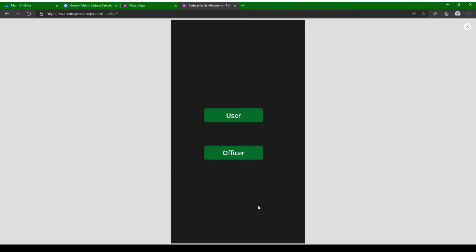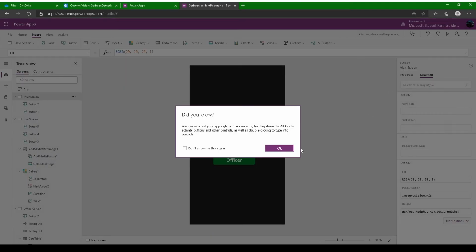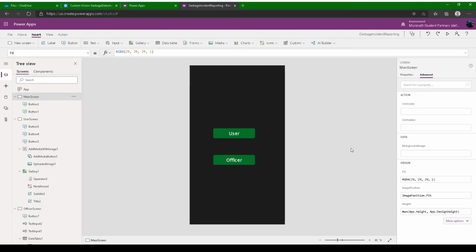So yes, this is a basic demo of how to create your own incident reporting app. You can use this for various applications. You can use it for garbage detection. You can use it for many things. I would suggest, for people who are going alone, if they're facing danger, they would just click the button here and it would automatically trace their location and everything. So yes, thank you for watching, and let's go to the phone demo.